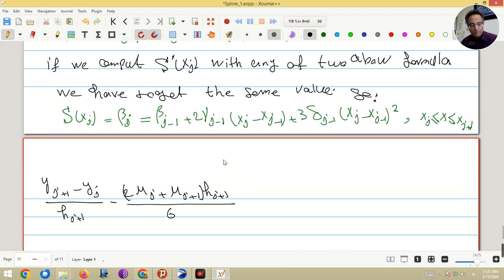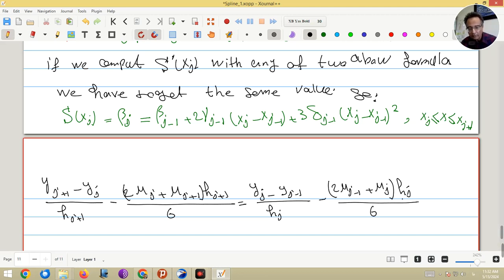Okay? This one should be equal to, and let me put instead of beta j minus 1 exactly something like this, but I have to change j to j minus 1. So I will get yj minus yj minus 1 over hj, okay, minus 2mj minus 1 plus mj times hj over 6, okay, plus, and now